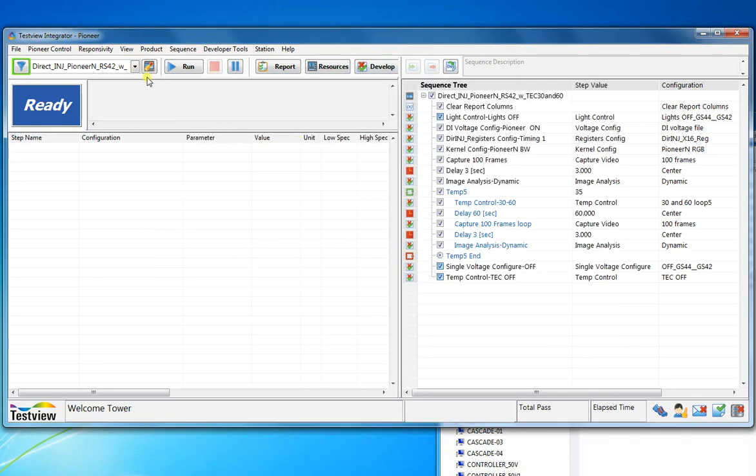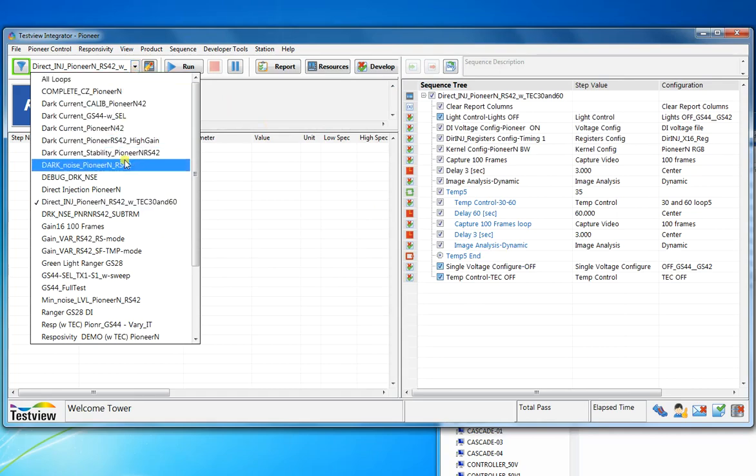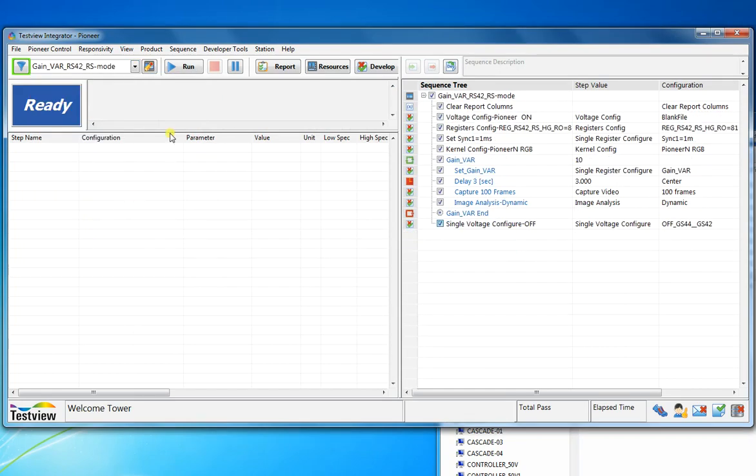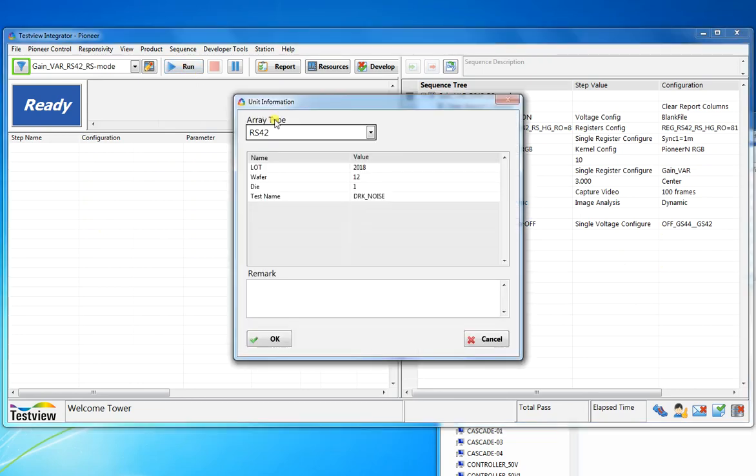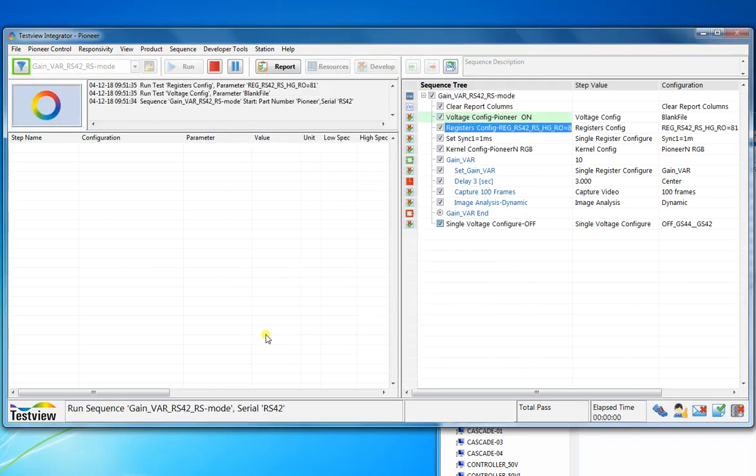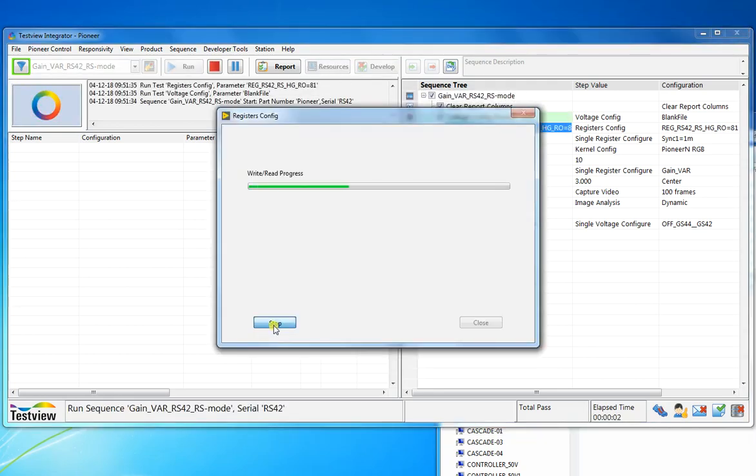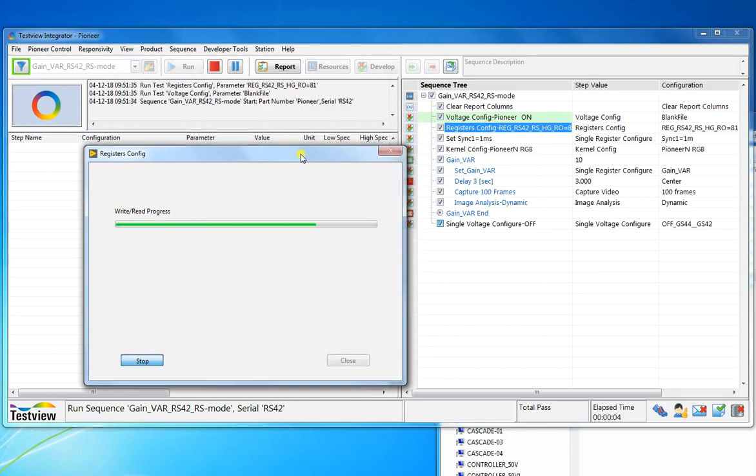So we select a sequence, any sequence, click the Run button, select what test we want, and click OK. Now the sequence is running.